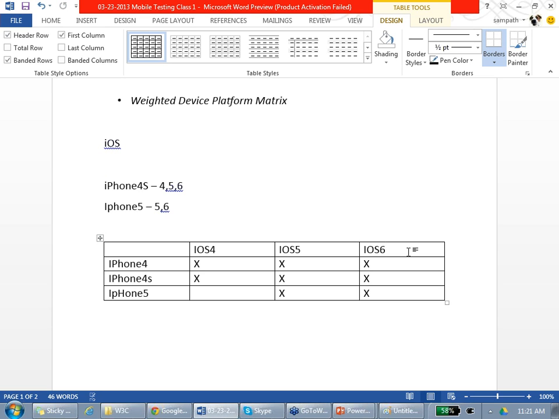Okay, all right. So now you understand what this matrix is. This is for iOS, because Apple only, and again, not only iPhone, but iPod Touch, iPad. You have to do it for Apple TV also, all the devices. Device version, operating system version, app version. You have to test the combination of all these things. Am I clear?